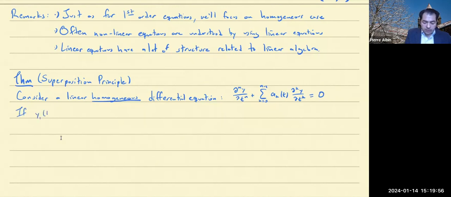If y1 of t up to ym of t are all solutions to this equation, then any linear combination